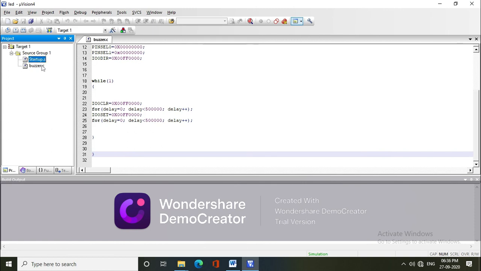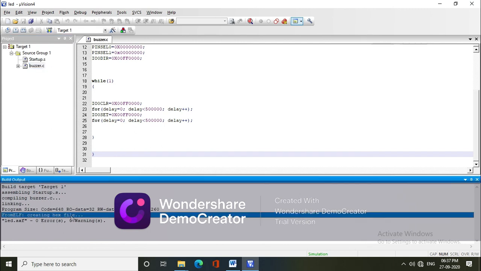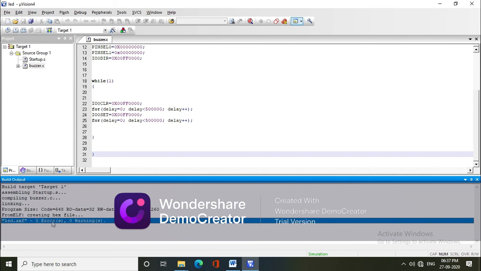Right click on Source Group 1, then Add Files to Source Group 1. Here you need to choose the program which you want to execute, that is buzzer.c. Add it, and after adding, close it. Click on the plus symbol beside Source Group 1. You can see there is startup.s, the code file which has been copied earlier. After that you can see buzzer.c.